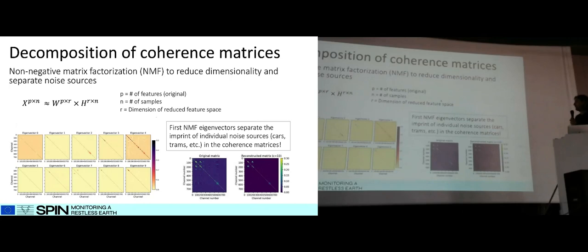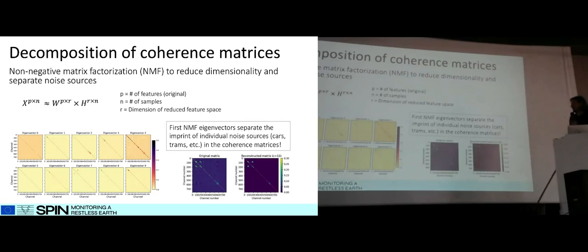What we did then is that we took all of these matrices, computed them for each 20-minute window, and concatenated them in one big data structure, and then we wanted to find a pattern in this data. Because in all the windows where there's a tram present, we expect that this tram will cause a significant pattern in the covariance matrix or the coherence matrix, and this we try to detect. So we did a non-negative matrix factorization, which is similar to PCA, because I think most people are more familiar with PCA. Instead, we have the constraint that the values have to be positive, which makes sense because our coherences lie between 0 and 1.